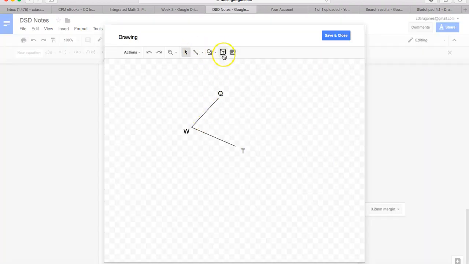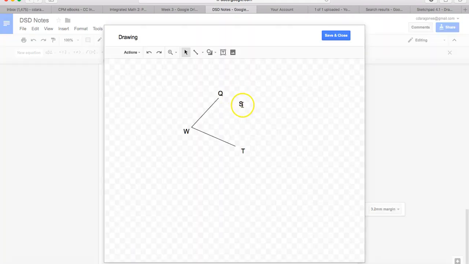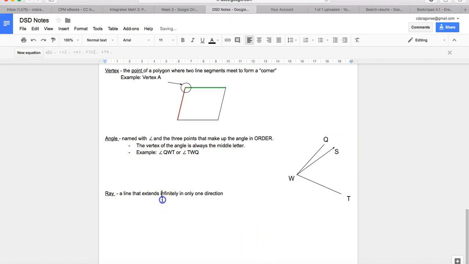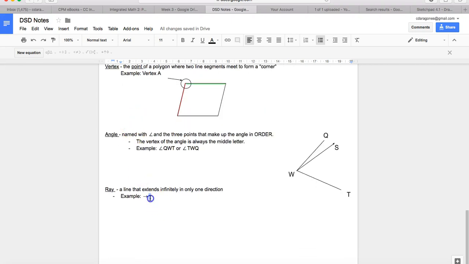Let's call this S right here. The way you show a ray is by putting an arrow that only goes one way. So the line, right, has 2 arrows both ways, but a ray only goes in one direction. So we're going to call this ray